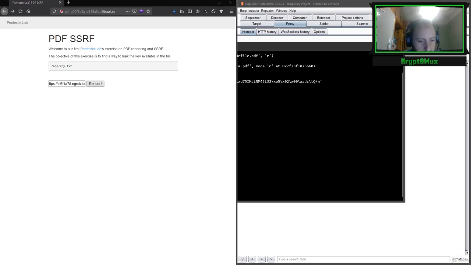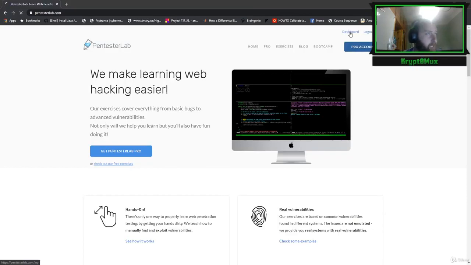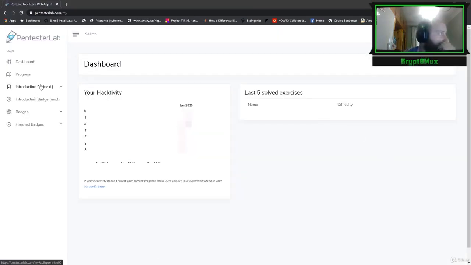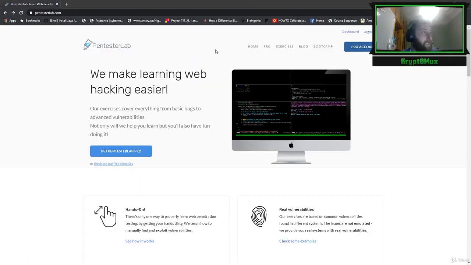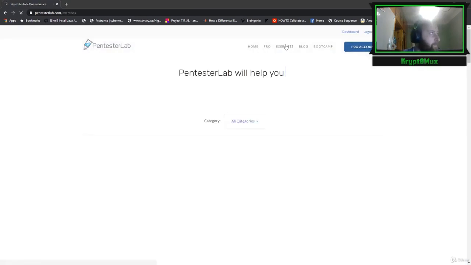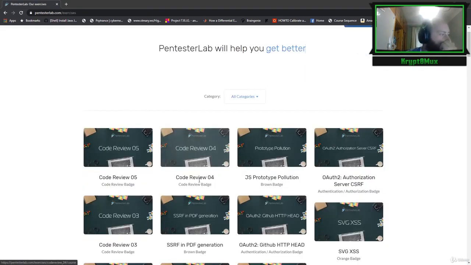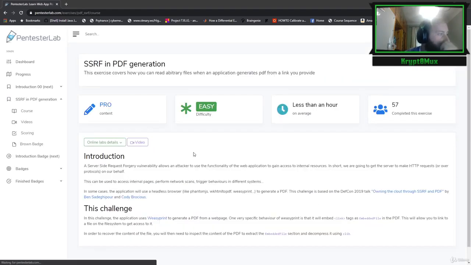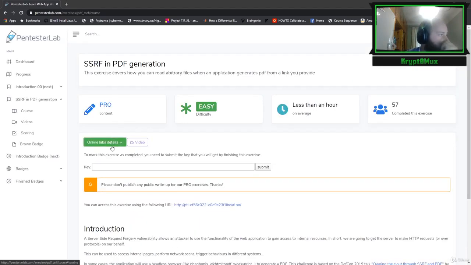Now what we do is we go to our lab, our Pentester Lab, like so. Dashboard. We go to the PDF challenge. So we have to go to exercises. PDF challenge, PDF generation challenge, and we want the online details. I'm going to submit this key, and even if we submit it,